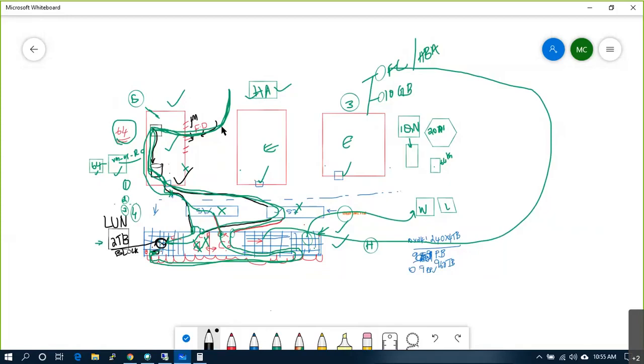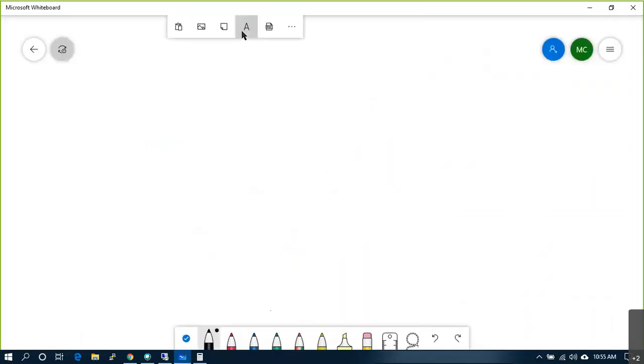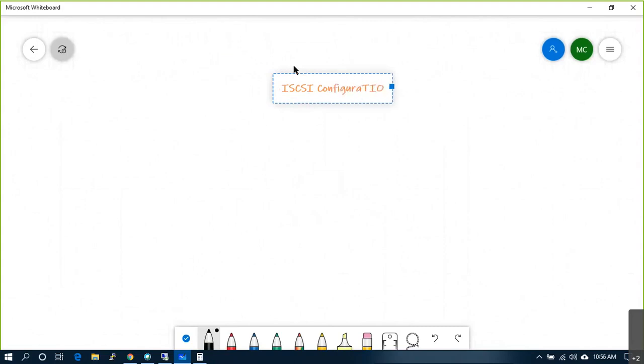So tomorrow we'll continue with discussing the configuration of the VMware host.